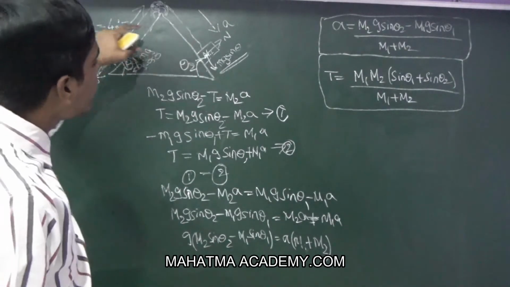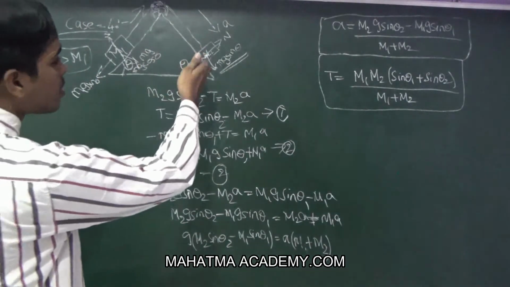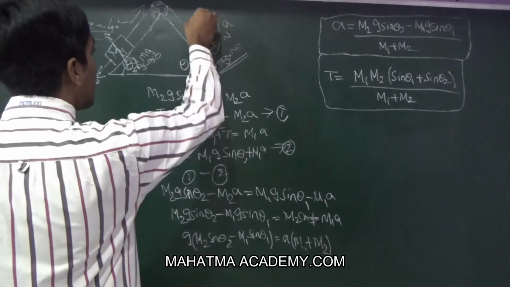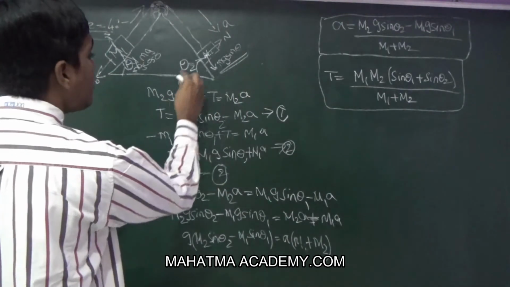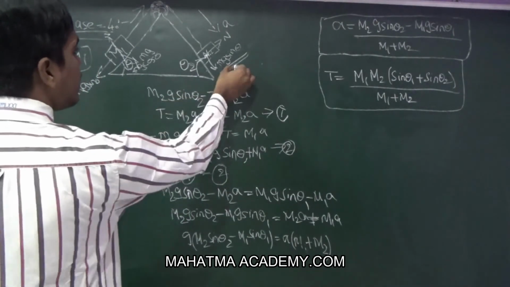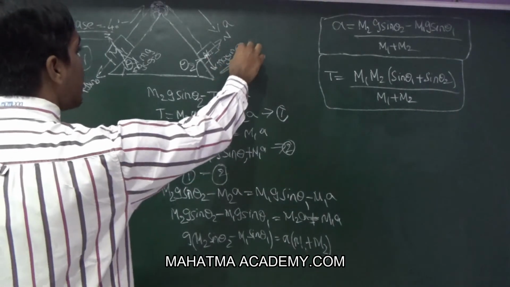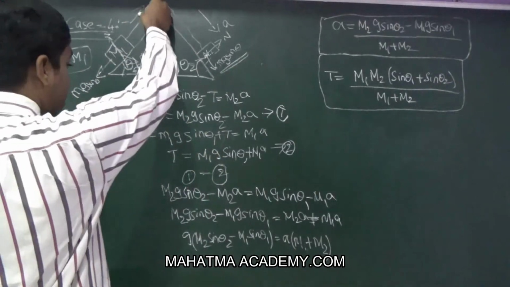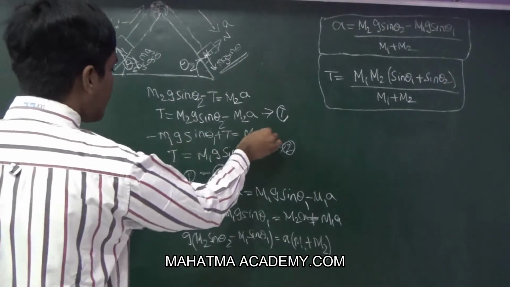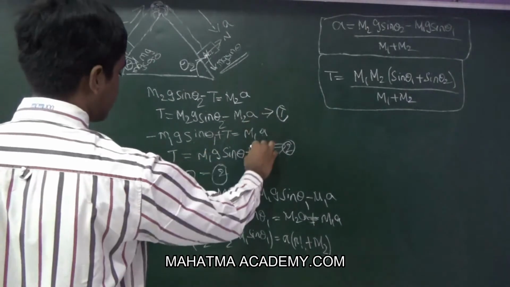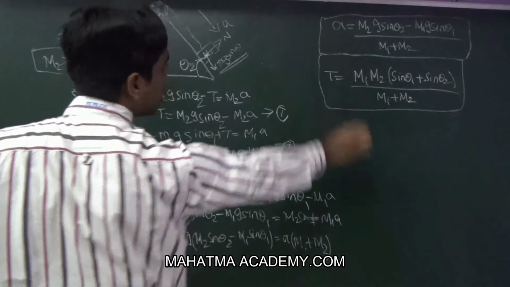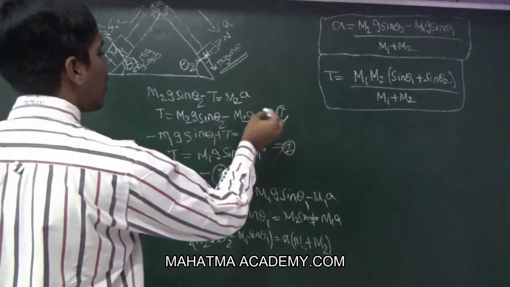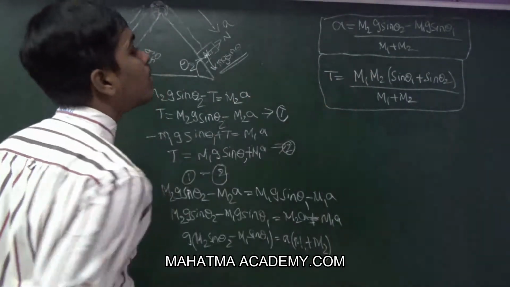Now if we draw the free body diagram, it will occur like this. Now for the m2, the free body diagram shows like this. And if you write the equations, m2g sin theta 2 minus tension is equal to m2 into a. For the first, T minus m1g sin theta 1 is equal to m1a. If we equate these two terms, we get the acceleration like this. Now if we substitute acceleration at here or here, we get the tension as like this.